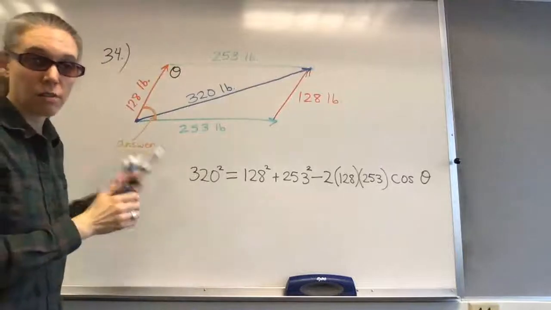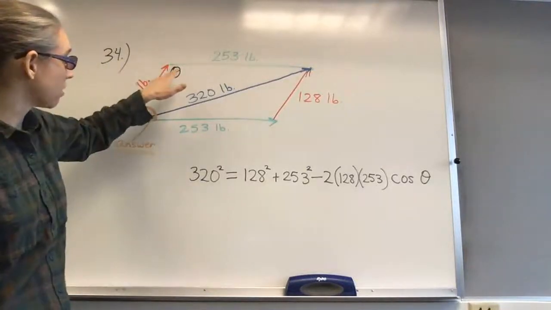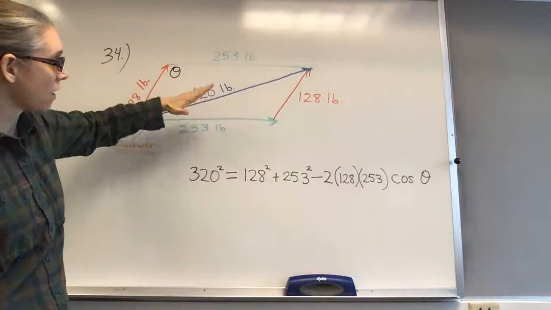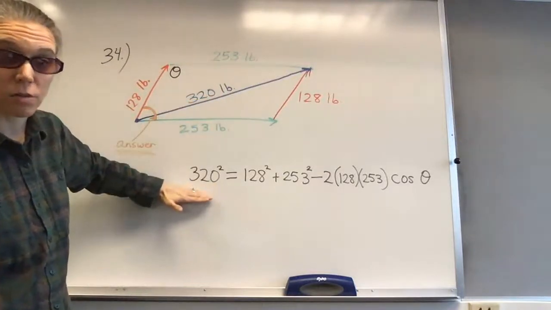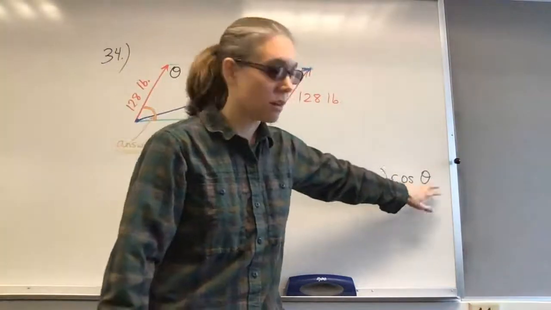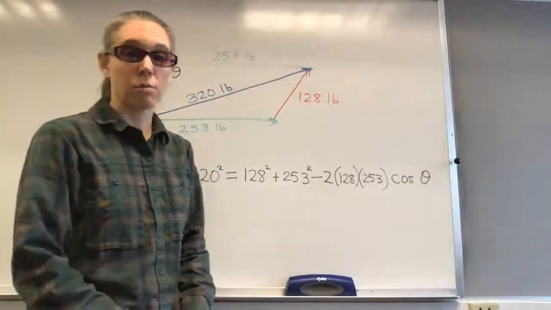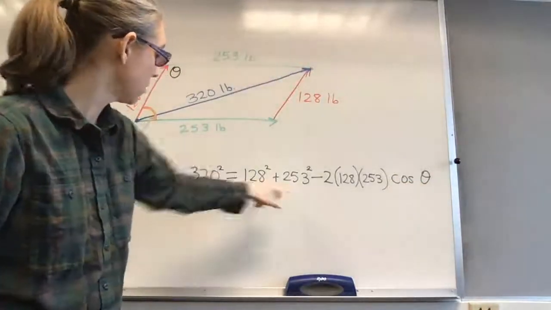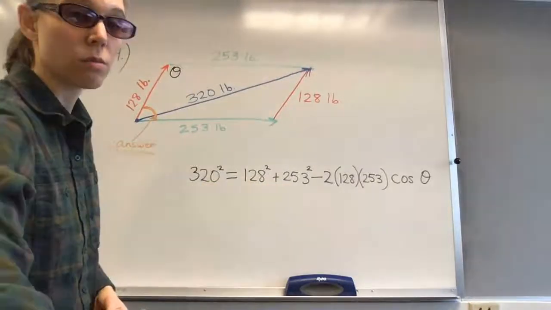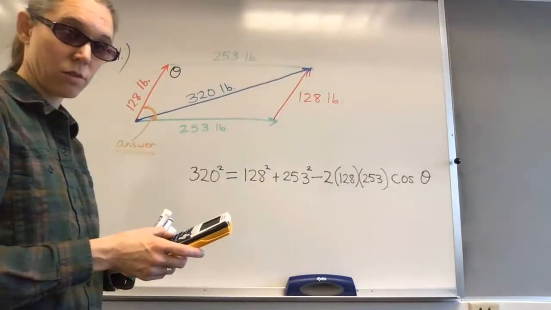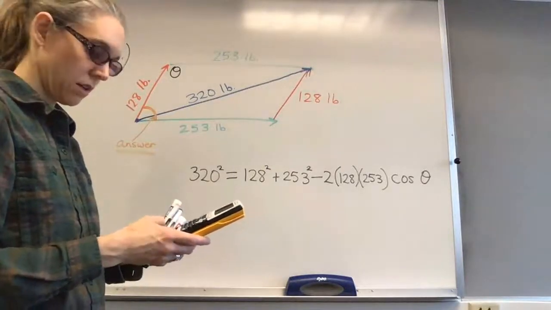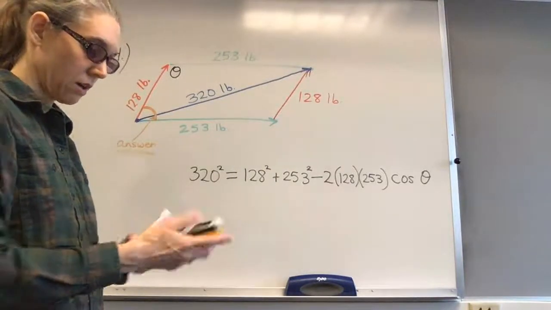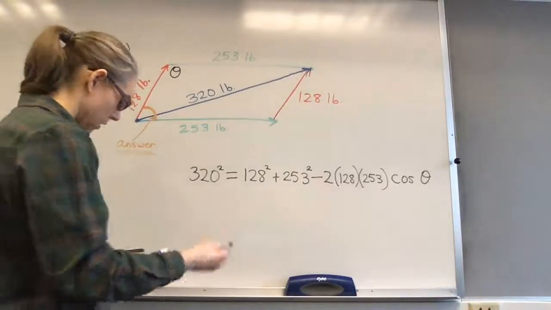So by using the law of cosines, I can solve for theta. Notice again that the side opposite theta is the one that goes on the far side of the equation, whereas theta is on the far right. So now I'm going to subtract these two numbers from 320. So I have 320 squared minus 128 squared minus 253 squared. And now I can rewrite this as